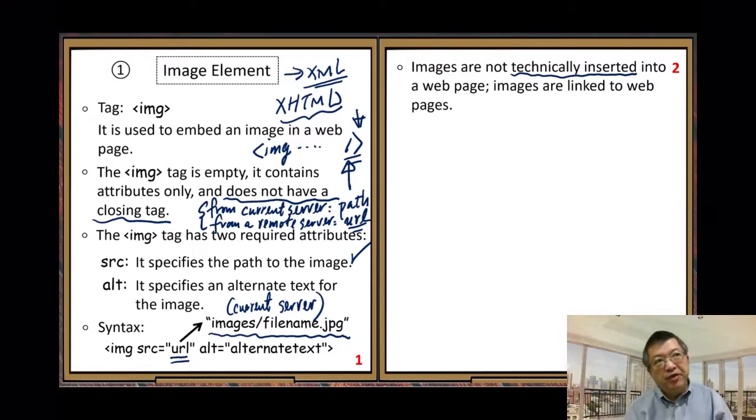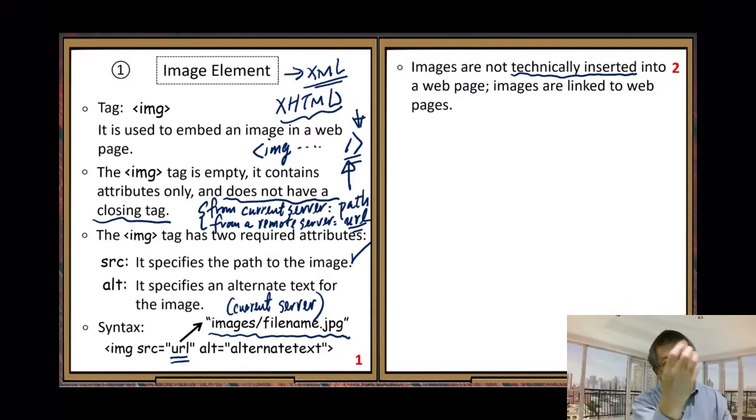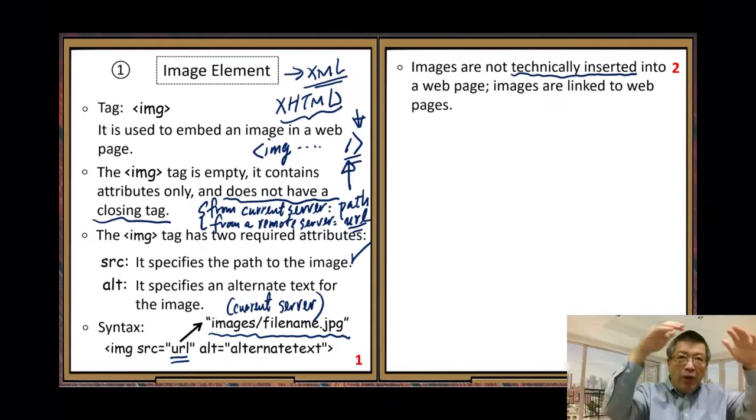Otherwise, you may find it hard to understand. So when a web browser displays one HTML document containing one particular image, when it renders this document,